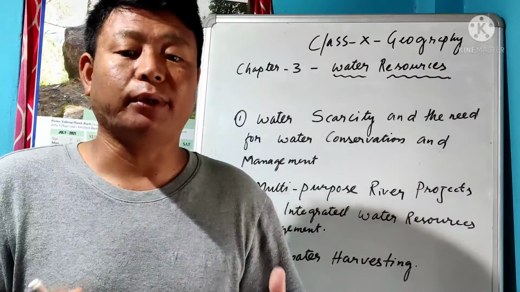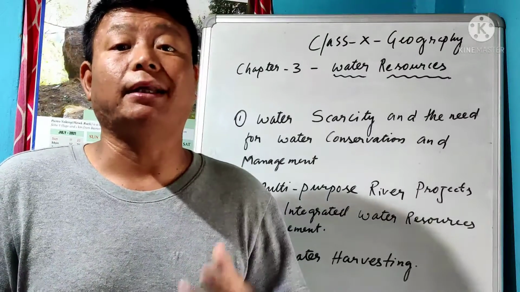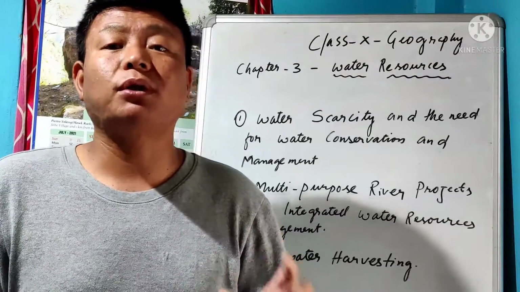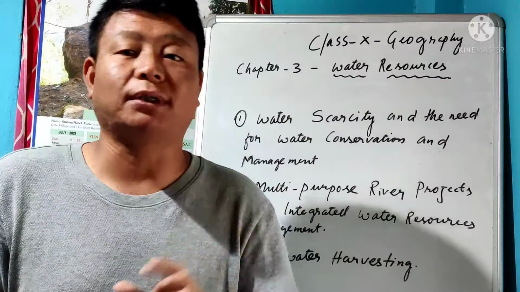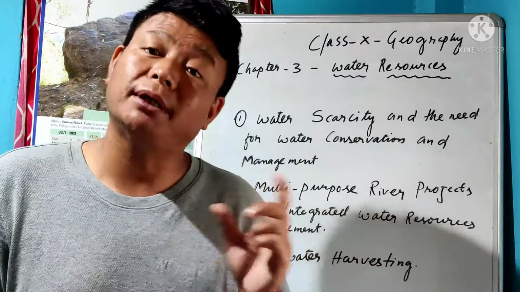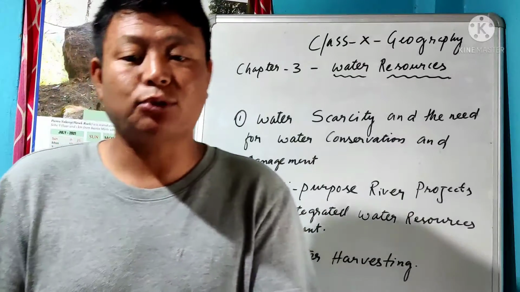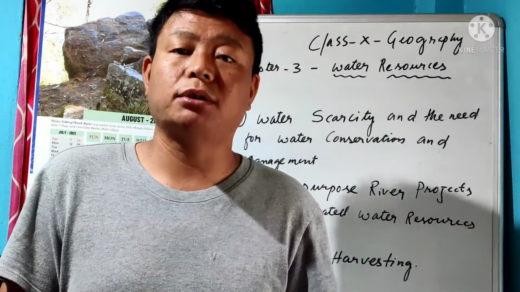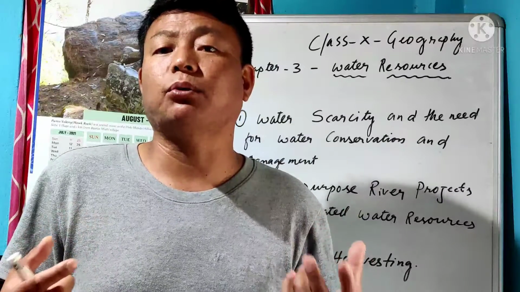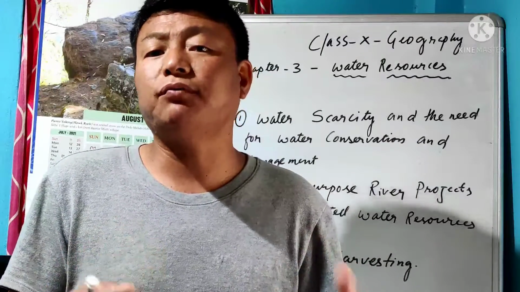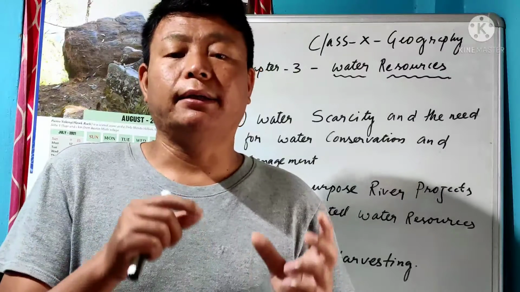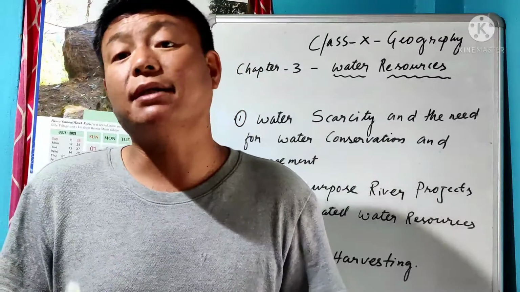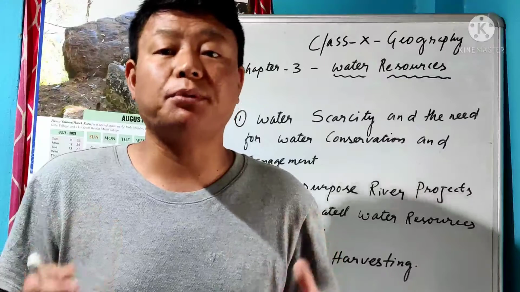As I said, we have 71% presence of water, and due to that the earth looks blue in color. But out of 71%, only 0.03% is fresh water, which is fit for drinking. The remaining water may be swampy, it may be salty. Mostly what we get from the oceans and rivers, especially the oceans, is very salty, which is not fit for drinking. So if we count the total percentage, only 0.03% is fresh water fit for drinking, and it is not sufficient for each and everyone.